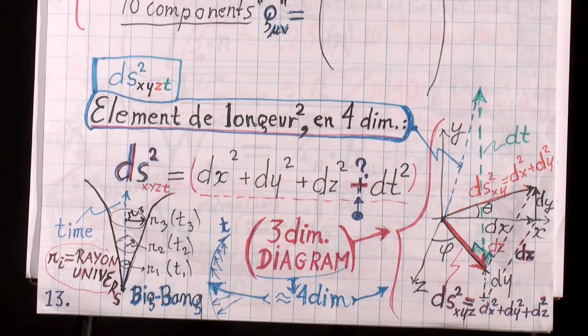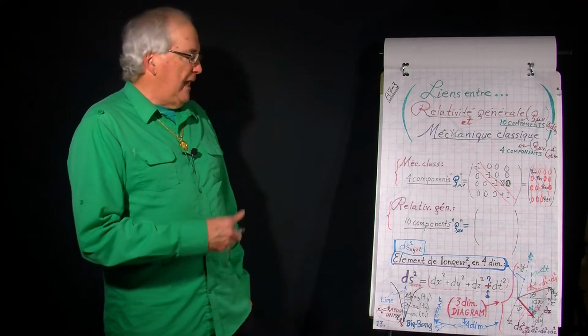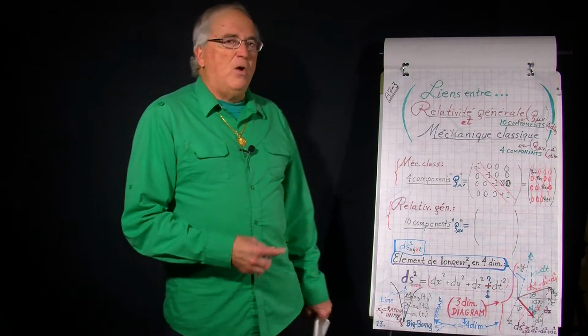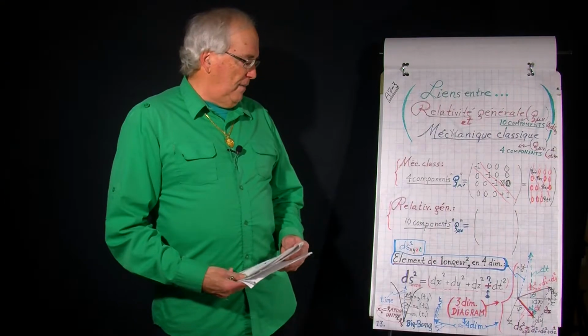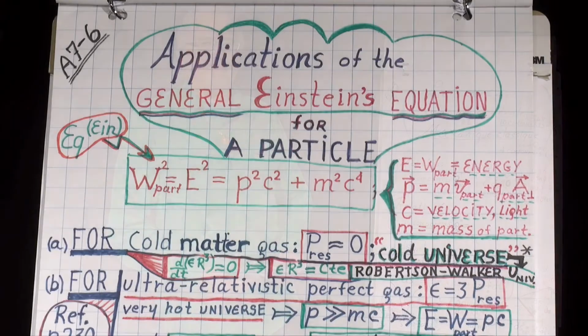This is the way that the universe expansion from the Big Bang is represented in most books talking about astrophysics and cosmology. So this is just a general presentation about the application of the general Einstein's equation